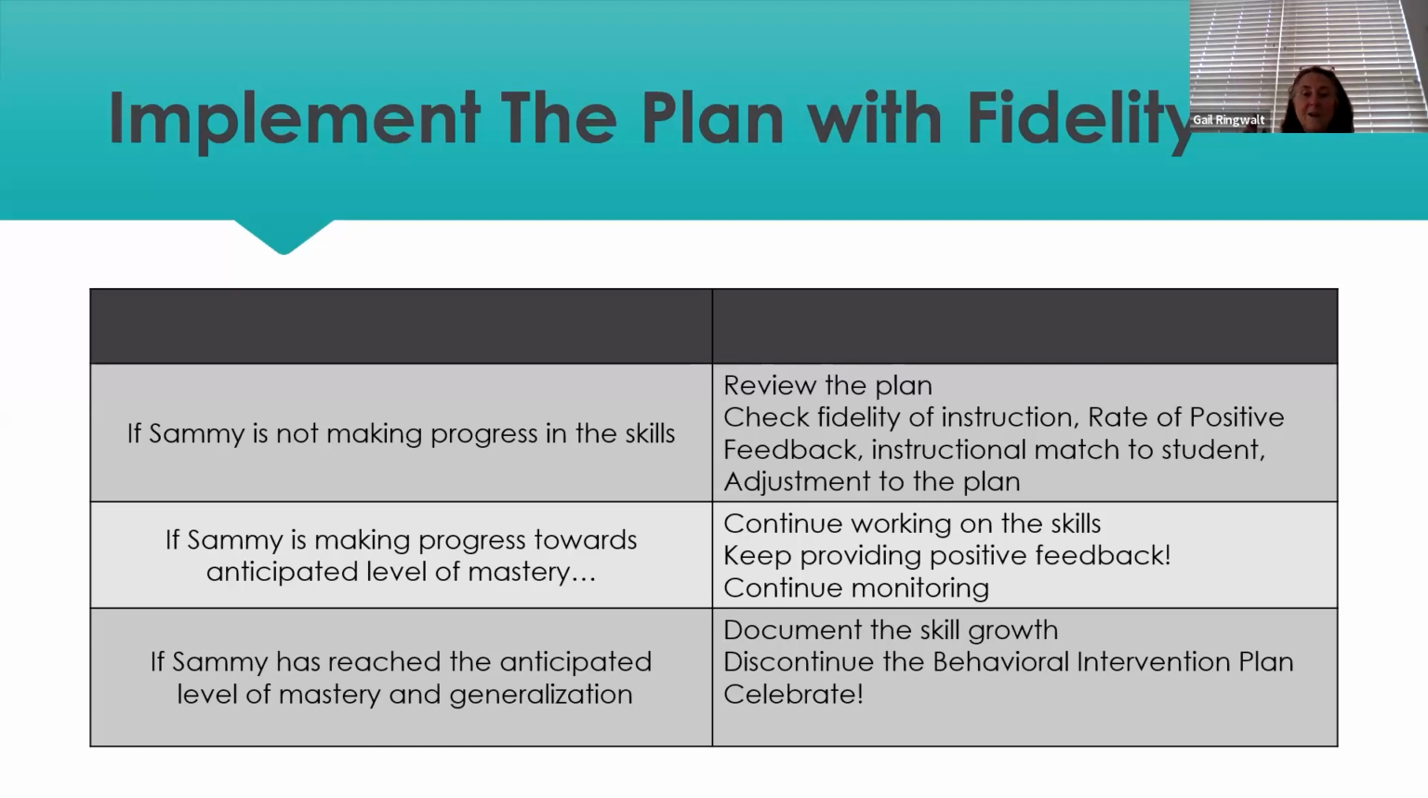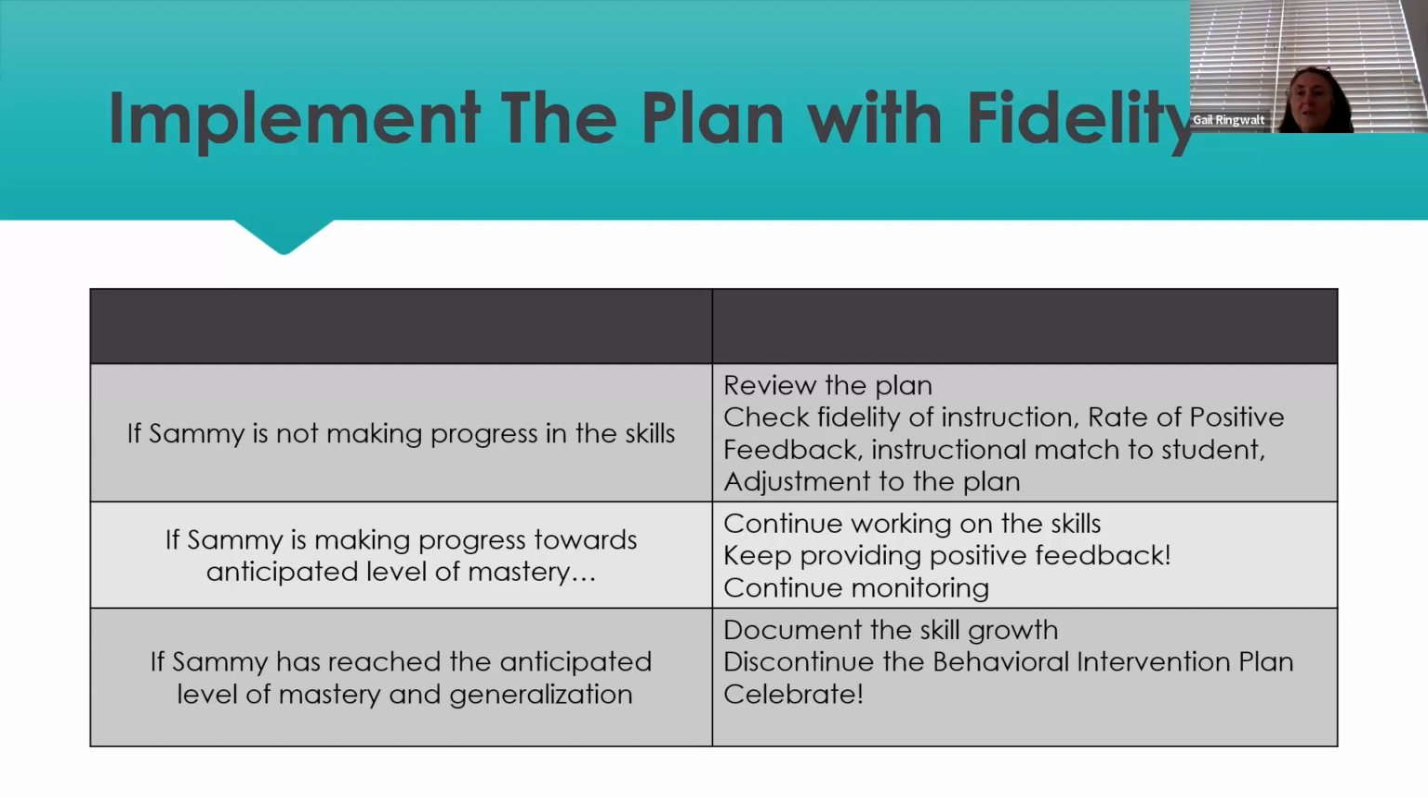If they reach mastery and they can generalize it, then discontinue it, celebrate, have a party. I think too often with behavior plans, it's like never ending. You have a behavior plan forever. But if it's goal-based, you should be able to make progress and eventually master the goal, which would mean